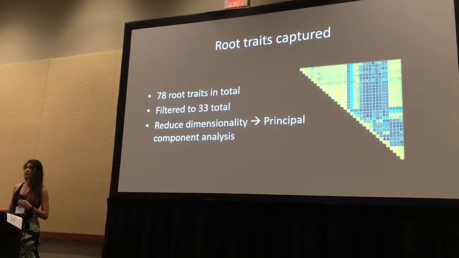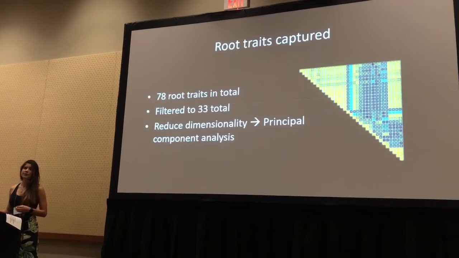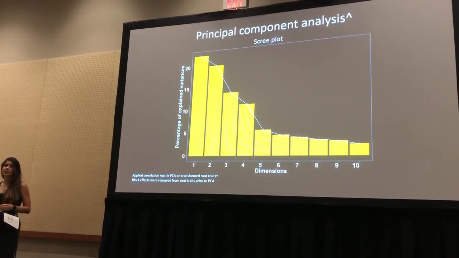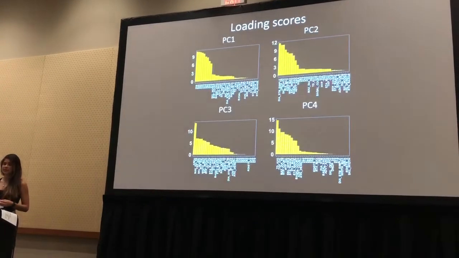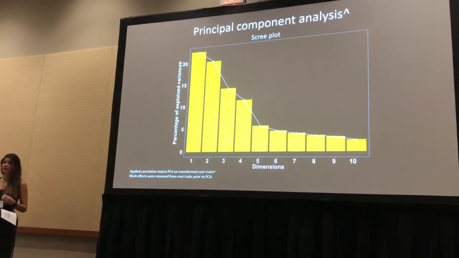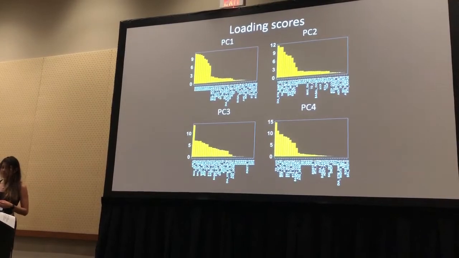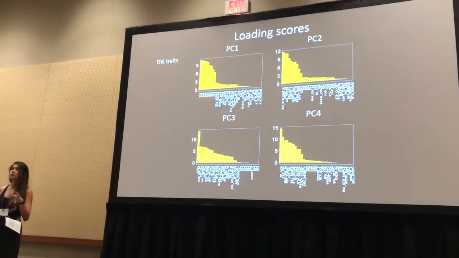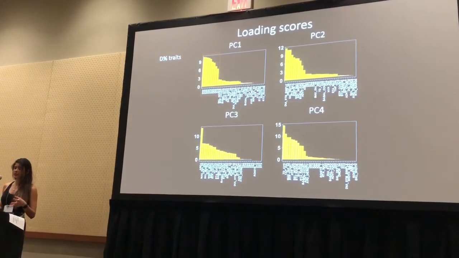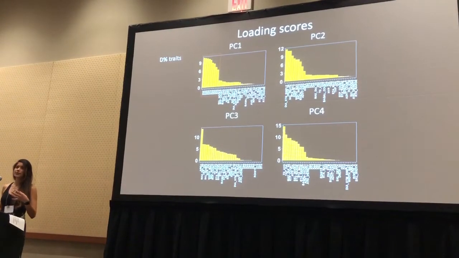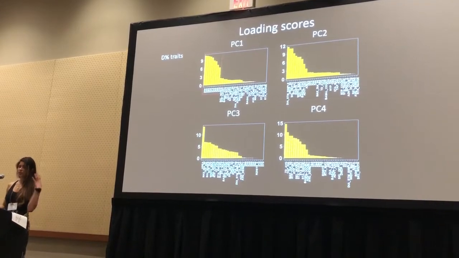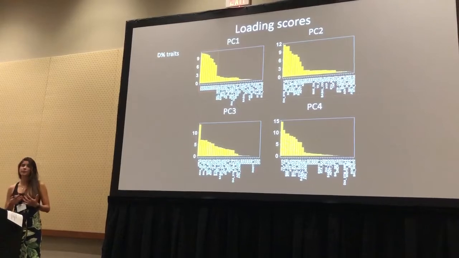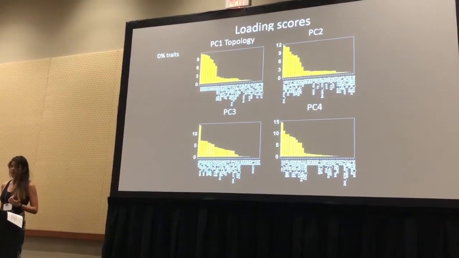And I focus on the main principal components as my root system variables. As you can see from the scree plot, the first 4 principal components explain at least 10% of the total variation, so I focus in on these. For the first principal component, I see that D% traits loaded most strongly. And so these D% traits essentially explain the root system width accumulative to the percentage of soil depth. So this is telling me something about the silhouette globally about the root system, which I refer to as root